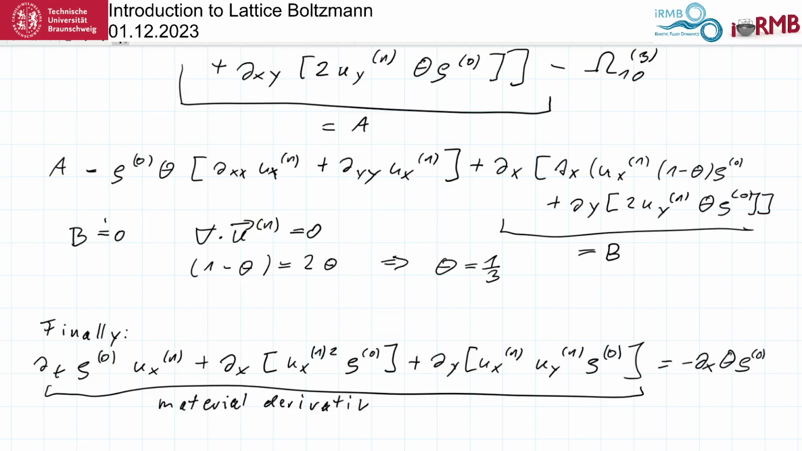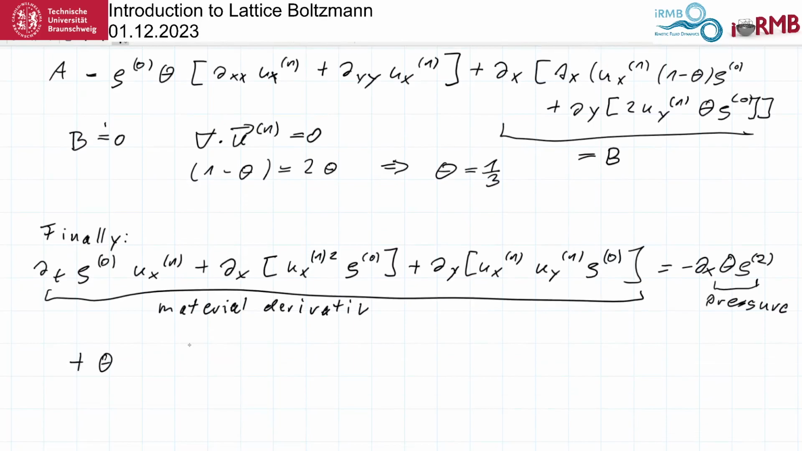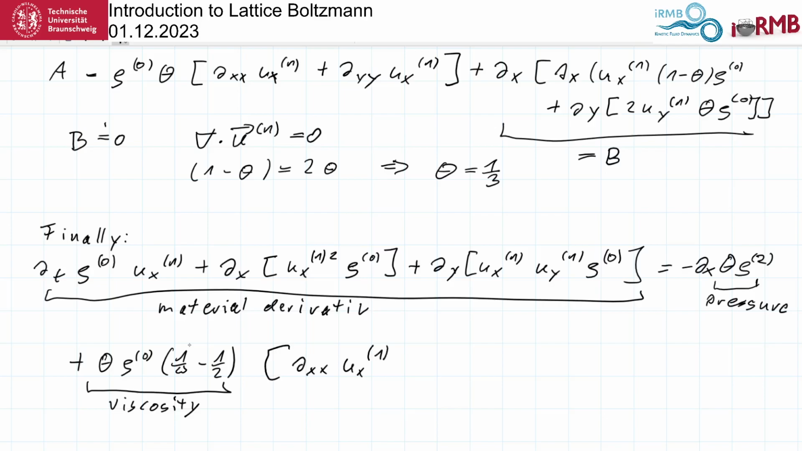theta rho 2, not the 0, so the second. And this, so the second order of density times the dimensionless temperature, this is the pressure. Then comes plus theta rho 0, 1 over omega minus 1/2. This we identify with the viscosity. And this goes into dxx ux first order plus dyy ux first order. So this is